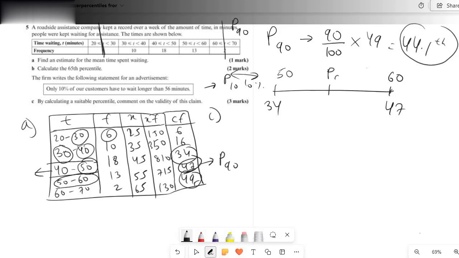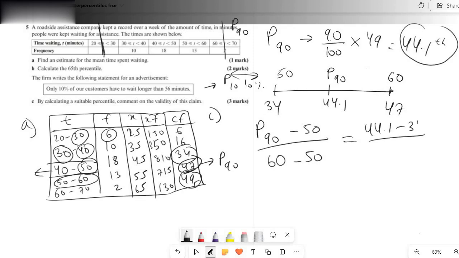And P90 lies here with a corresponding frequency of 44.1. Now using linear interpolation again, P90 minus the end class boundary, divided by 60, the highest class boundary, subtracted with 50 again, is going to be equal to their corresponding frequency ratios. So 44.1 minus 34 divided by 47 minus 34, and evaluating this gives us a value of P90 being 57.8